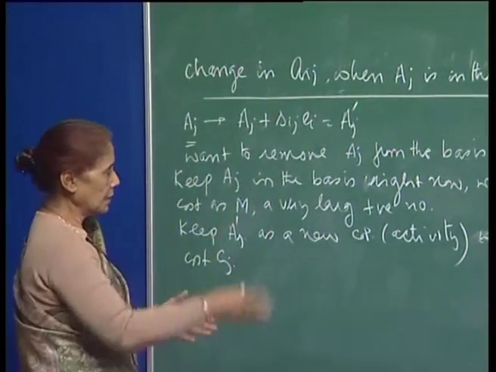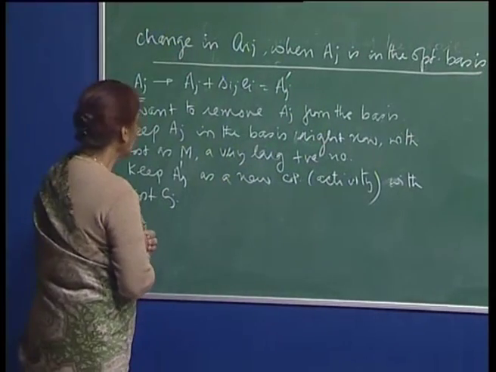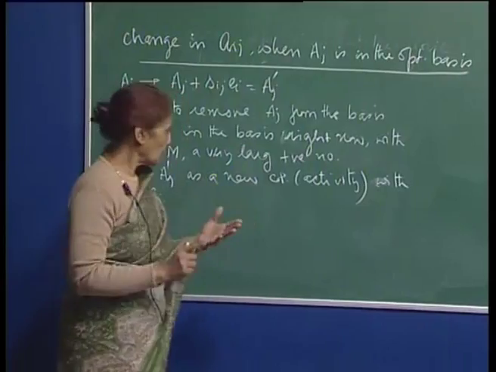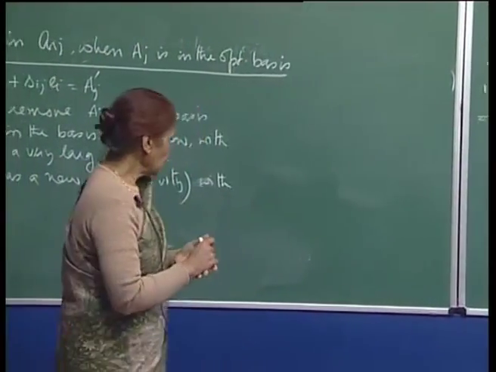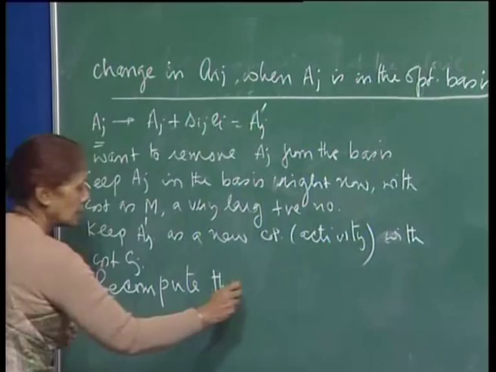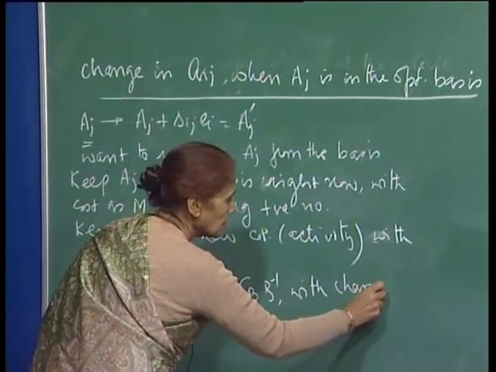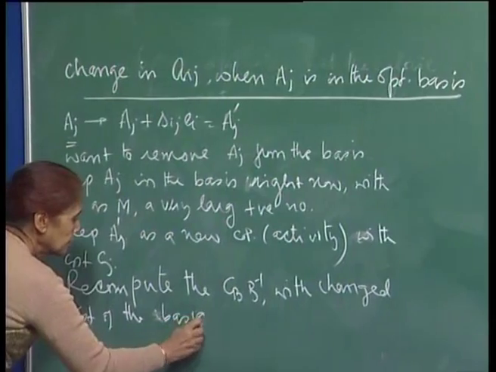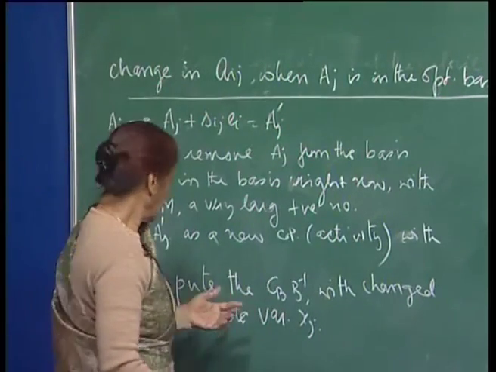So, one more column will get added, and you will proceed with the simplex algorithm, but before that, because Aj is currently in the basis and you have changed the cost Cj to M, remember when we were discussing the price ranging for a basic variable, you have to recompute. So, here recompute the CB B inverse with the changed cost of the basic variable xj. Because the cost has changed, I will compute this and therefore recompute this,